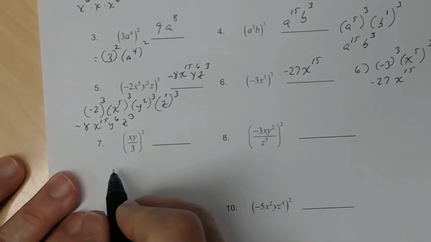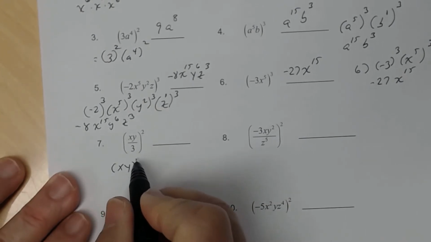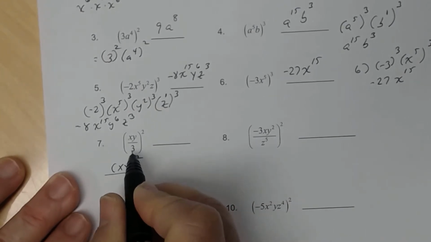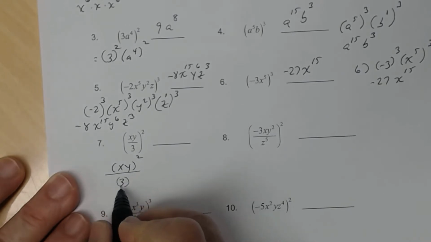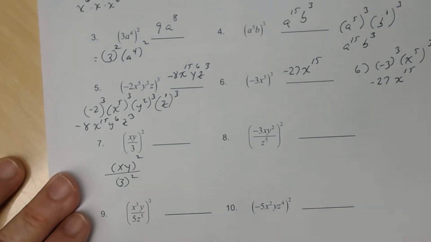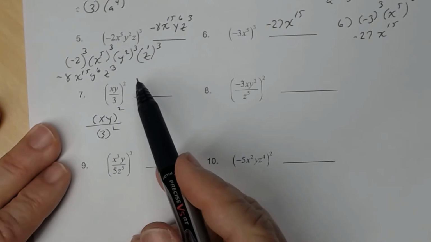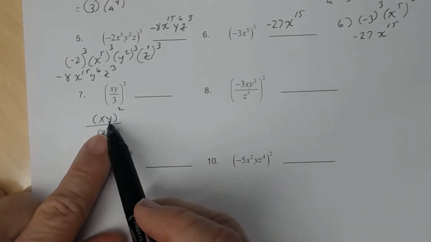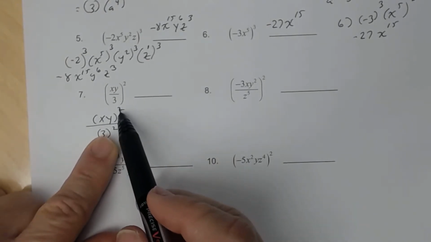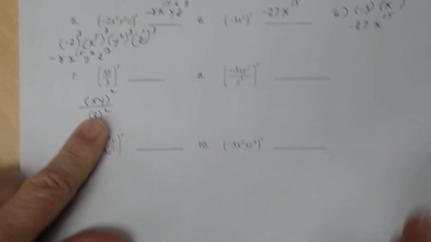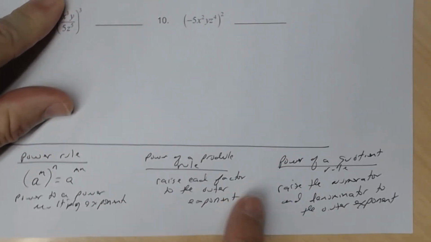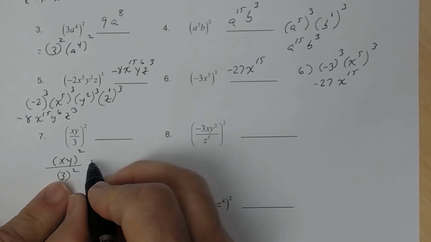Number 7, so you're going to say xy, the numerator, raised to the second power, and the denominator, which is 3, raised to the second power. All right, so I just used the power of a quotient. Now, if you look at the numerator, now you're going to use the power of a product rule. So you're kind of using all these rules here. So that'll be